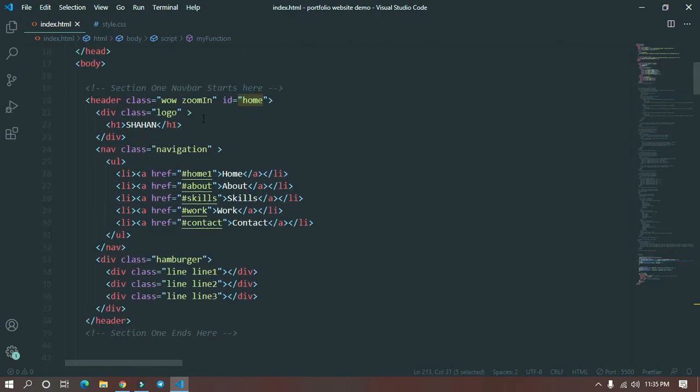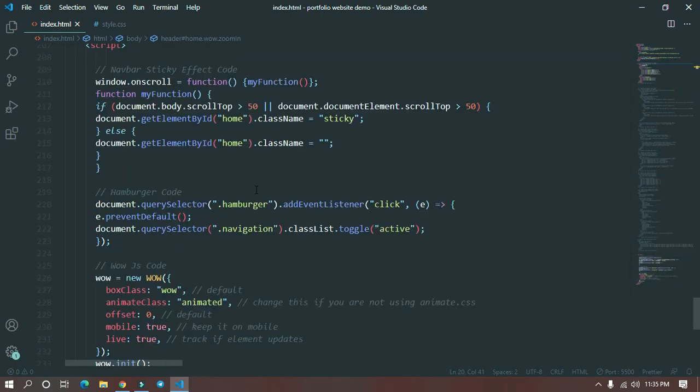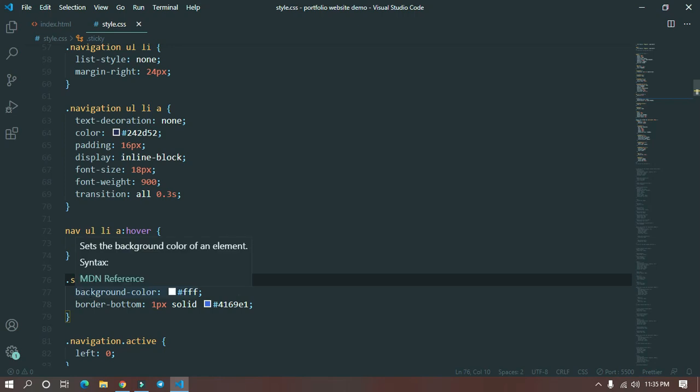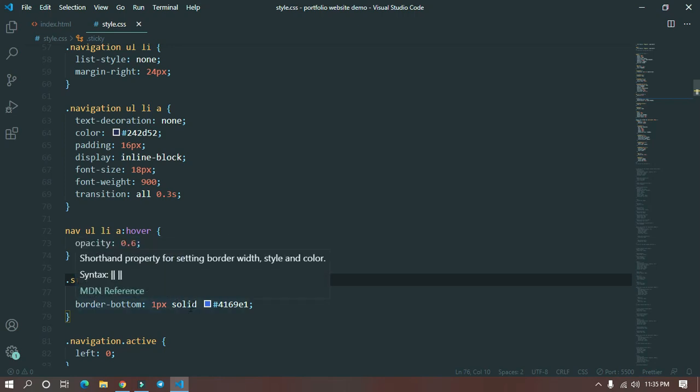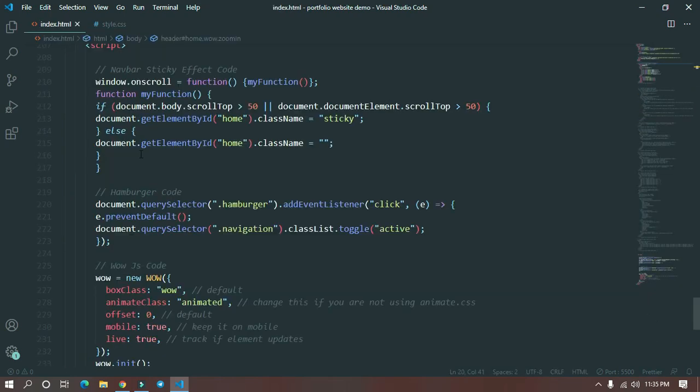We have given the header the ID of home, so we select home, and its className equals sticky. We have added the sticky class to it, and the style for the sticky class is that the background color should be changed to white, #fff, and a border bottom will be applied. Else, when someone goes to the top, remove the sticky class from the navbar.